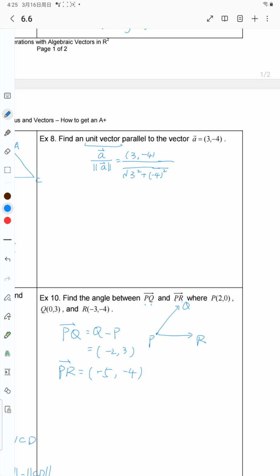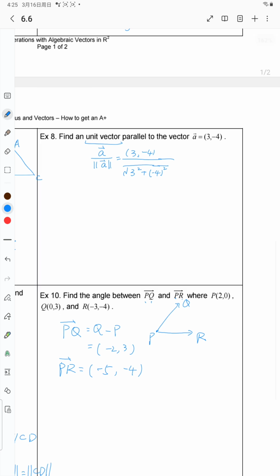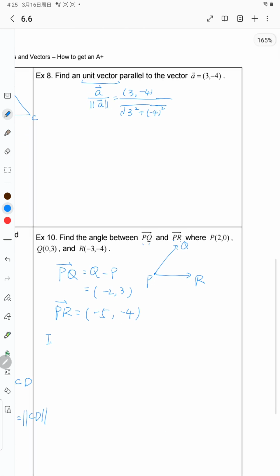So the angle between these two, if you know the inner product, I'm not sure if you guys have learned the inner product, but I'm just going to tell you, okay? So the inner product of two vectors is going to be really useful. The inner product is a dot. Inner product of PQ and PR